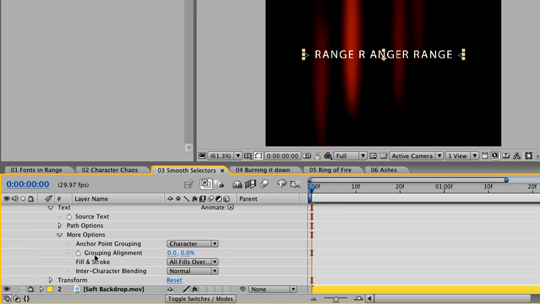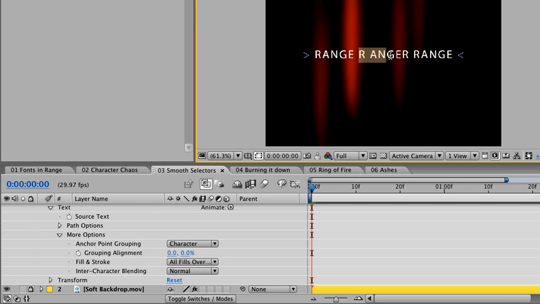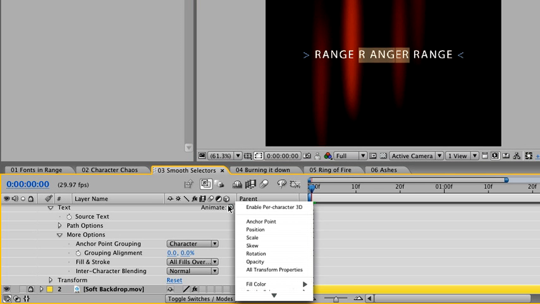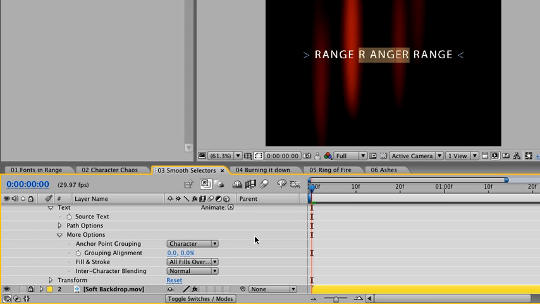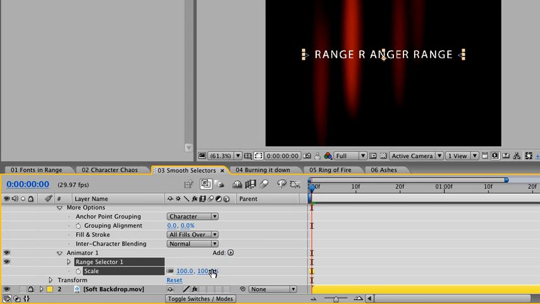Before we apply the animator and the resulting range selector, let's select part of the text. So with the text tool selected, click and highlight a portion of your text. Next, come down to Animate, click, and create a scale value. Now if I change the scale under this range selector, I can see that only the portion of text that was highlighted has the range selector applied to it. By clicking here, deselecting the scale, and simply clicking the range selector, I can see where that range selector's start